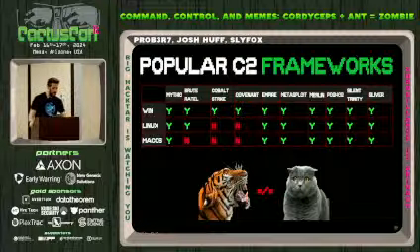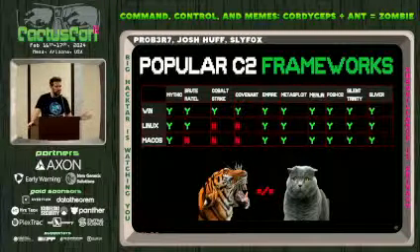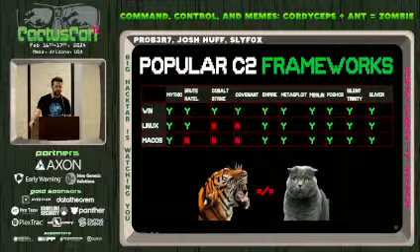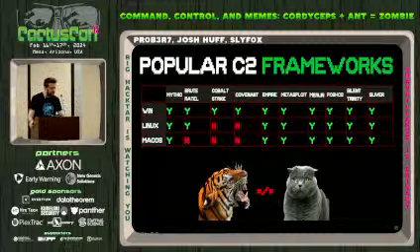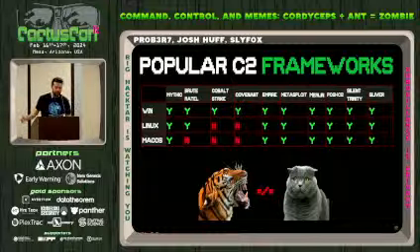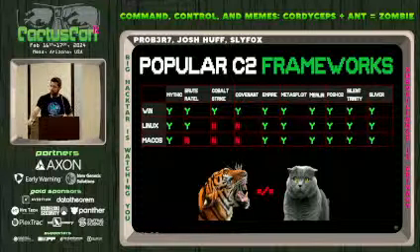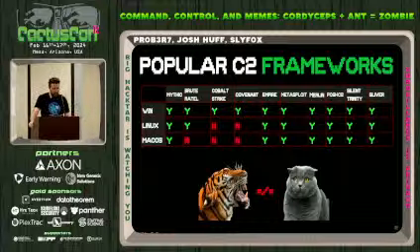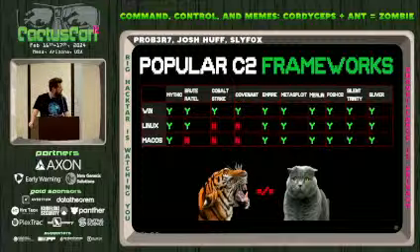So as with quarterbacks, even your most avid fans may not know some of them. There might be some smaller schools or maybe your second and third string quarterbacks that people don't know. But C2s are kind of the same way, and these are like our Peyton Mannings and our Brett Favres and Tom Bradys of C2 frameworks here. These are some of the bigger ones that people use. They're both commercial and open source here.